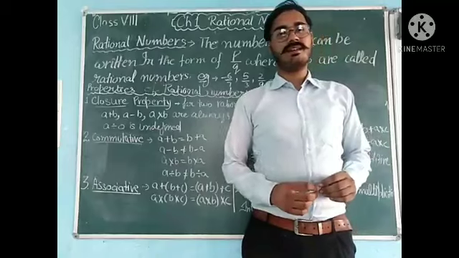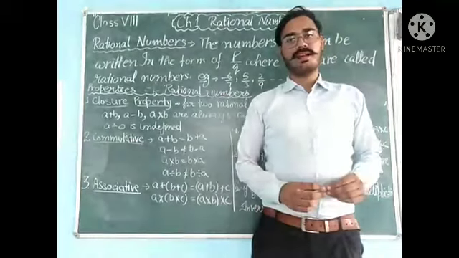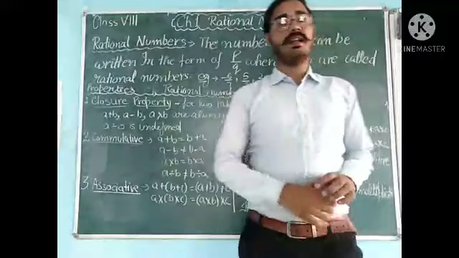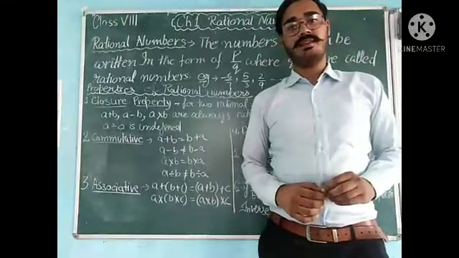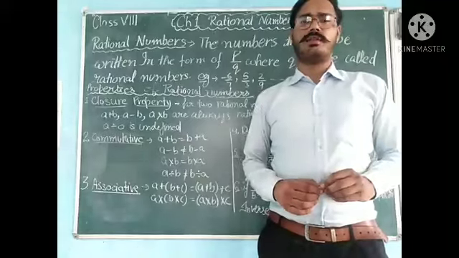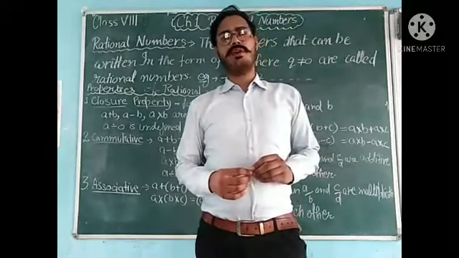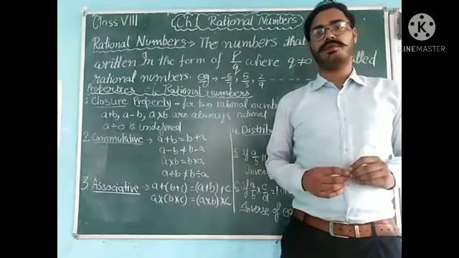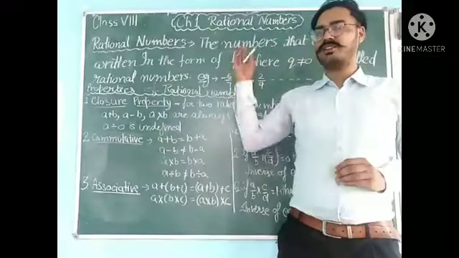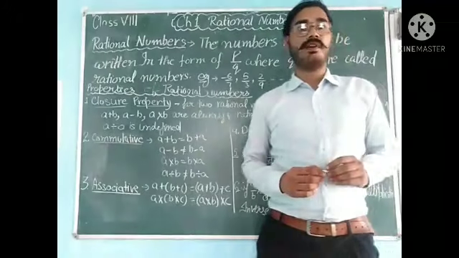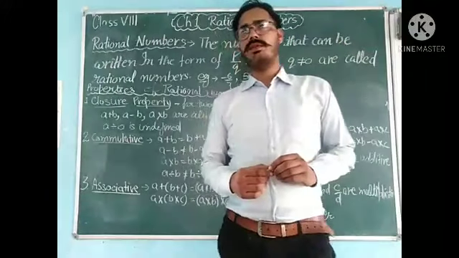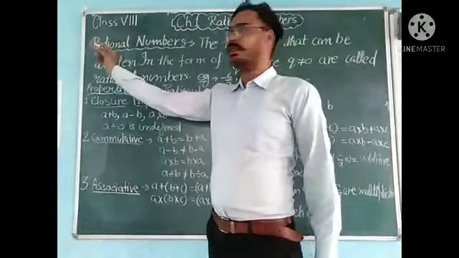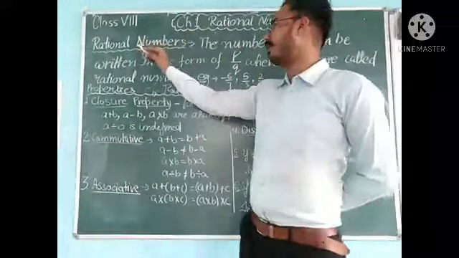So let us start our math class with chapter number 1, and the name of the chapter is Rational Numbers. As we are going to start our new chapter, I think firstly we have to know what rational numbers are, because it's the name of our chapter. So let us start. देखते हैं कि rational numbers होते क्या हैं. So here is the definition of rational numbers.